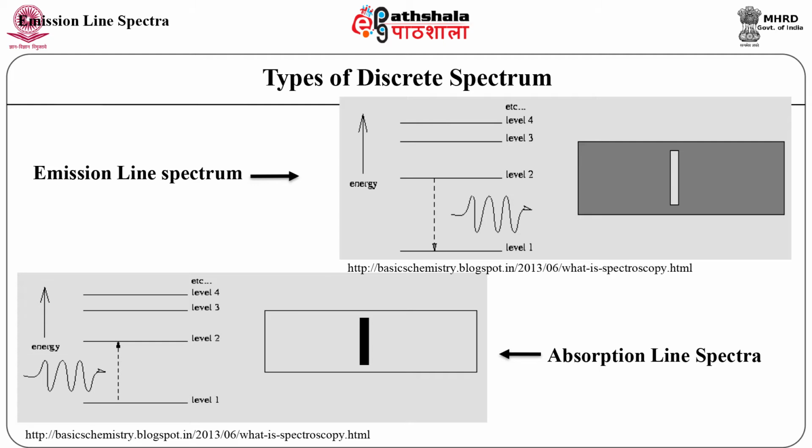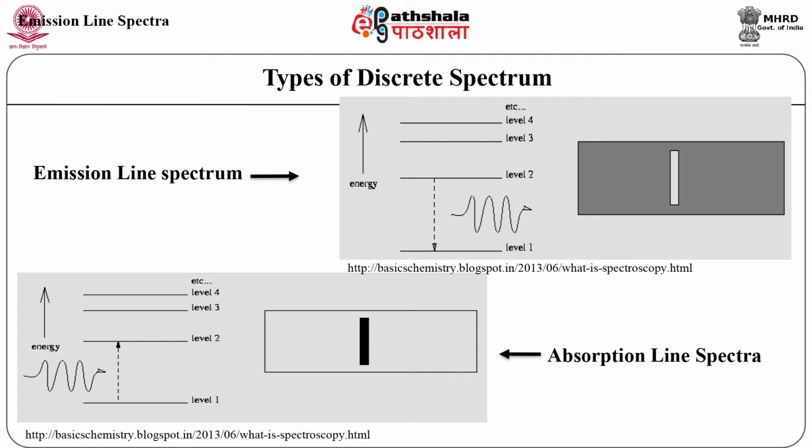For example, when a hydrogen atom in the ground state is excited by a photon of exactly the right energy needed to send it to level 2, it will absorb the photon in the process, resulting in a dark absorption line. Such absorption spectrum is used in deducing the presence of elements in stars and other gaseous objects which cannot be measured directly. By comparing the absorption spectrum with the element's emission spectrum, people can build the spectrum of planets.